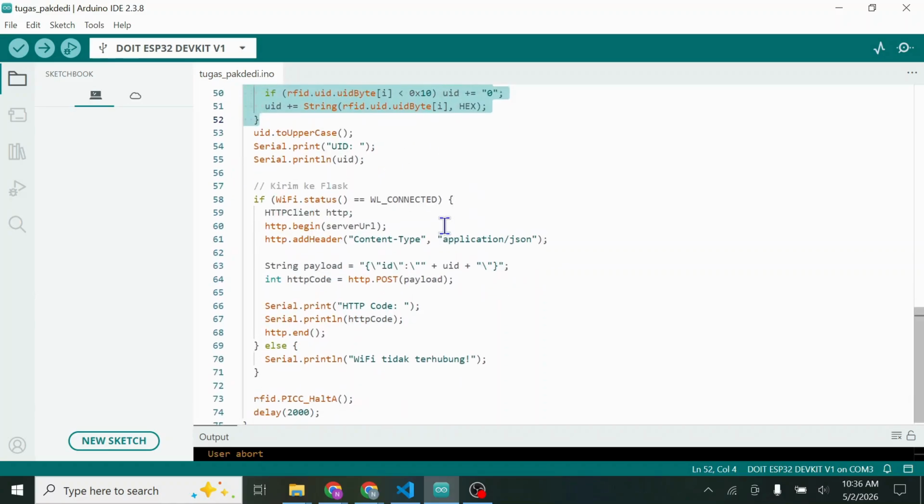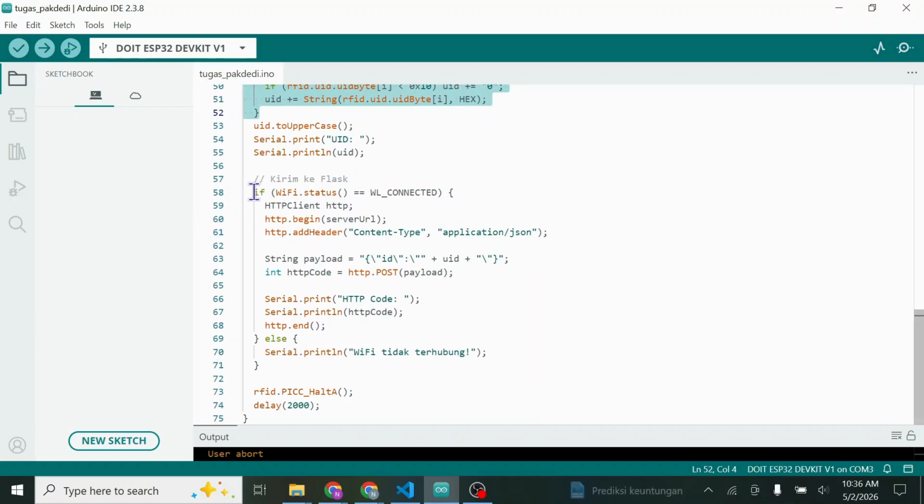Next, if the Wi-Fi is connected, it prepares the HTTP POST request, packages the UID into a JSON format, and sends it to the server URL on my laptop.